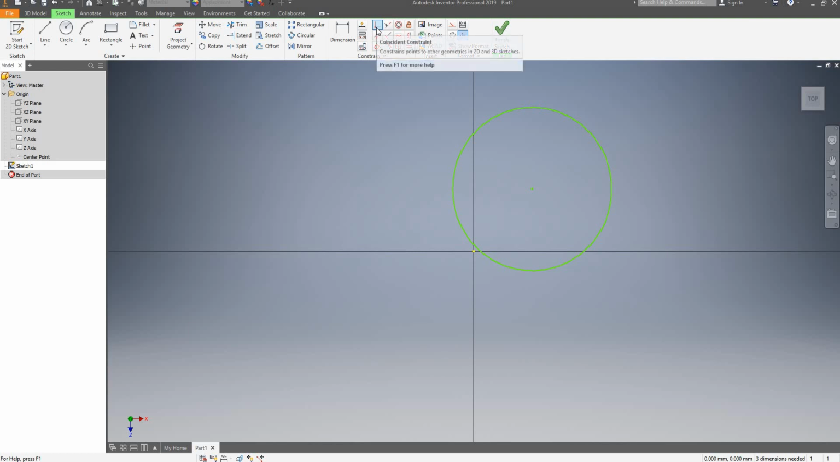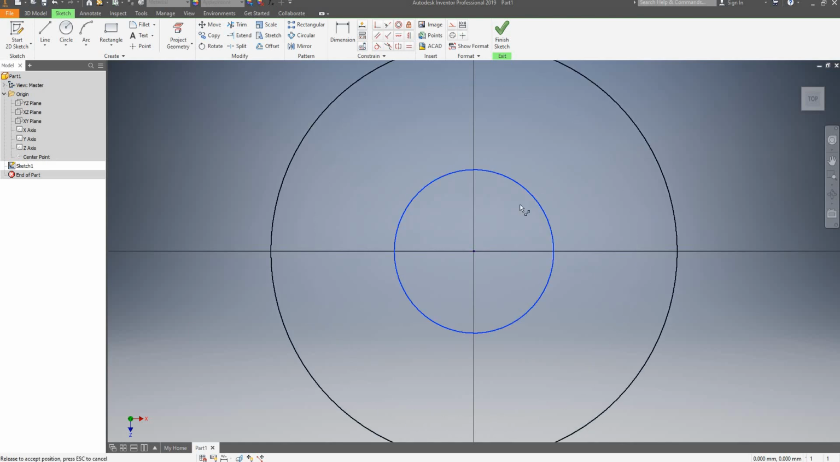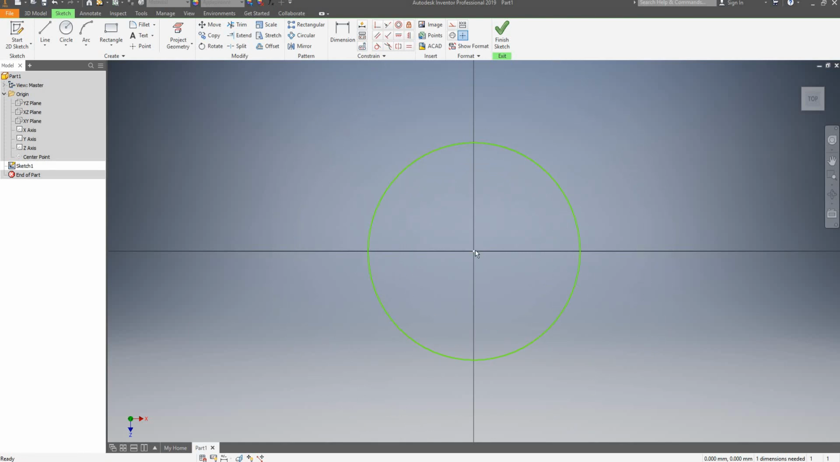I will then apply a coincident constraint between the center and the origin. So now, as you can see, my circle is fixed there. The diameter can vary, but the position of the center cannot. I will undo this to show you that by